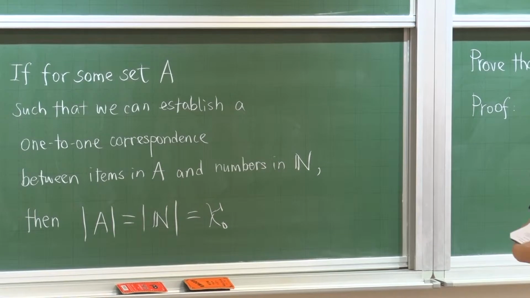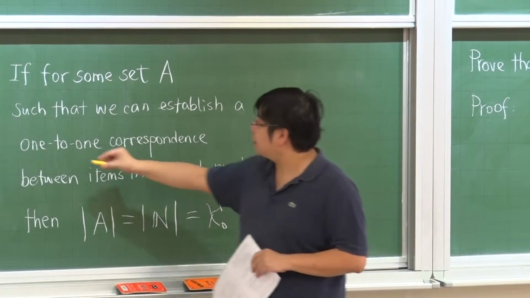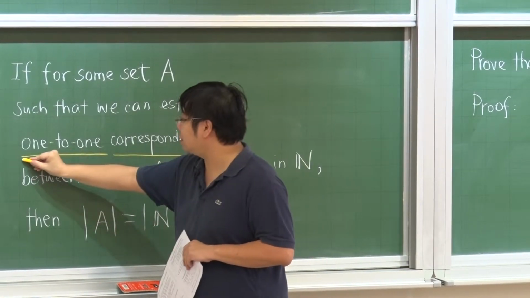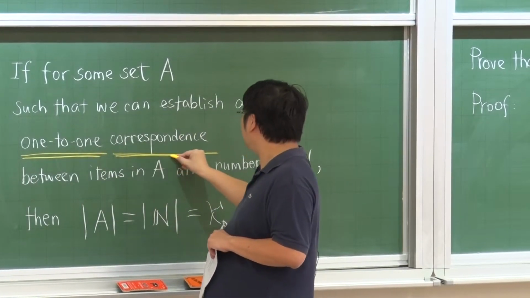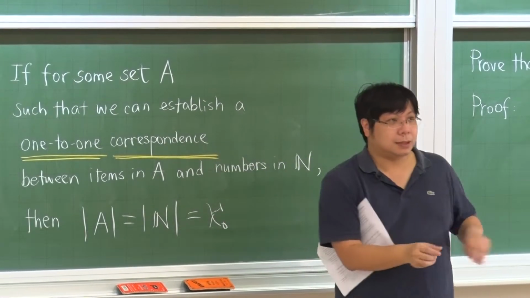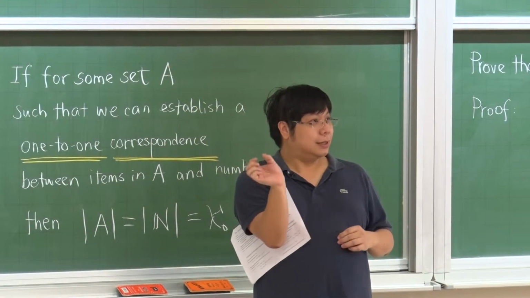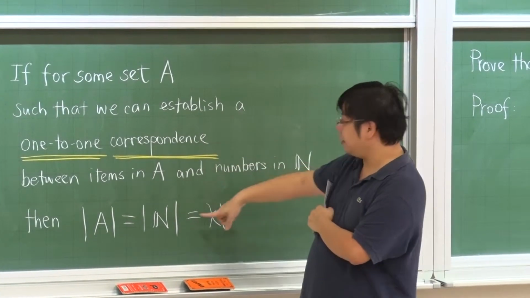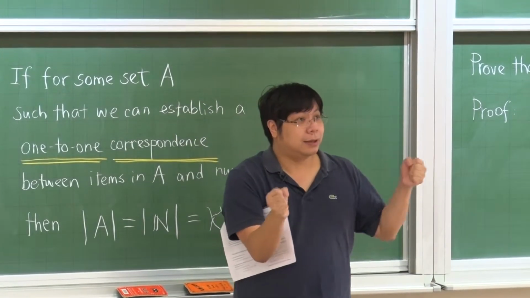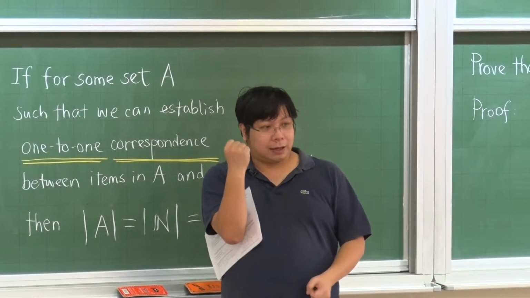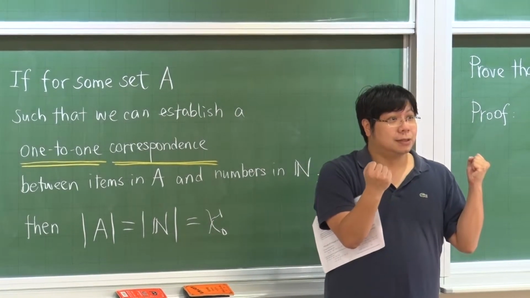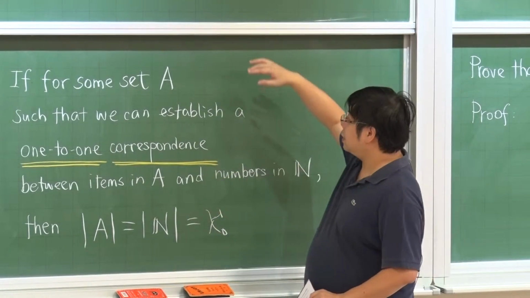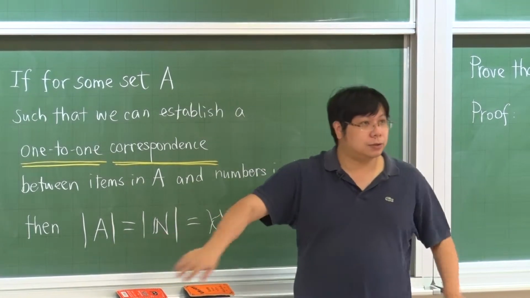Okay. So here there is a word that we have not defined. This is something that we are going to talk about in the next topic, function. But here, one-to-one correspondence means that I pick an object in A, I can get a unique object in B, in this N, such that these two form a pair. So any object here, I can pick another object there to correspond to that. So if I can establish a one-to-one correspondence between this set A and this set N, so this correspondence is,